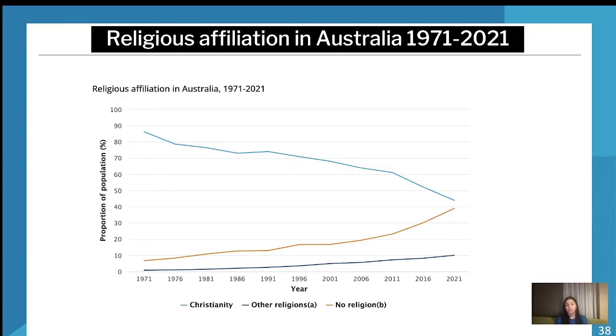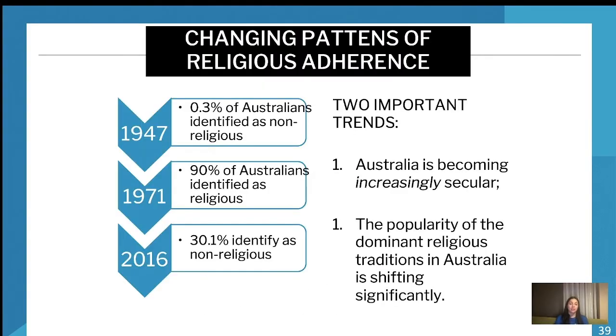But if you did want to find those, it's actually really simply condensed and summarized on the census data page. So just search religious affiliation Australia 2021 and it'll give you the stats. But I wanted to show you this graph because it shows, first of all, the decline of Christianity between 71 to 2021, and that is a massive decline, but also the increase of no religion, which is secularism. And you can see how close secularism is to overcoming Christianity and the trend there, how Christianity is consistently declining, but secularism is on the rise.